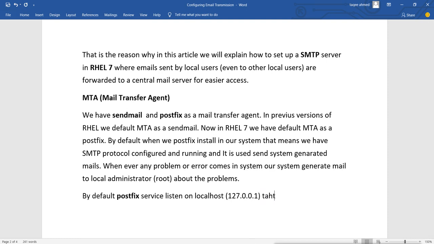That means it will not accept mail from any other server or any other machine.